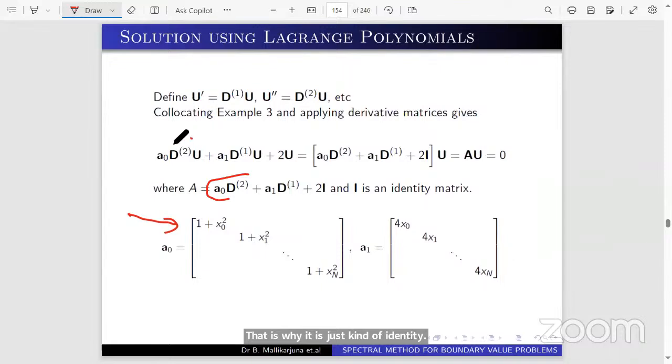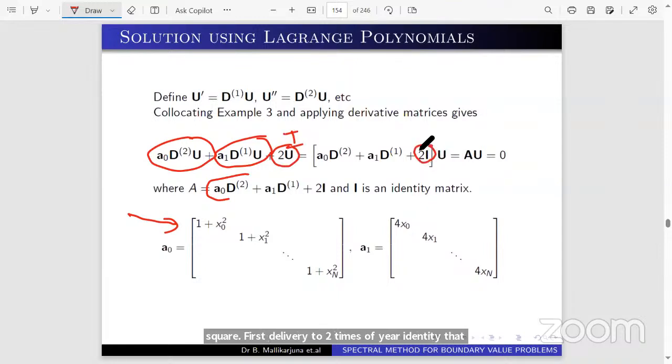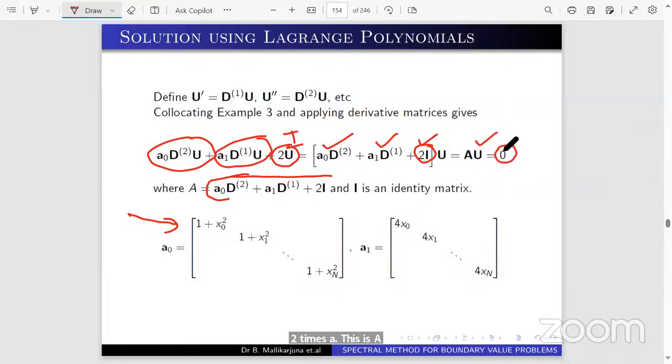That same D squared, first derivative, 2 times of u. Here identity. That is why here 2 into I, identity matrix. And what is capital A: A0 D squared, A1 D, 2 times of I. This is A times u equal to 0, because there is no term which is independent of u. That is why the right hand side we are getting 0. And why are we writing A0 in terms of a diagonal matrix? Because